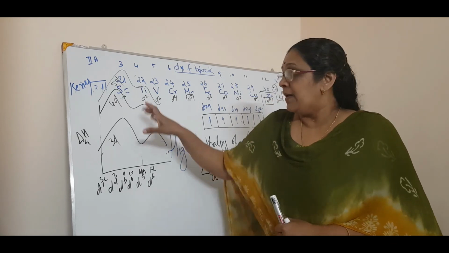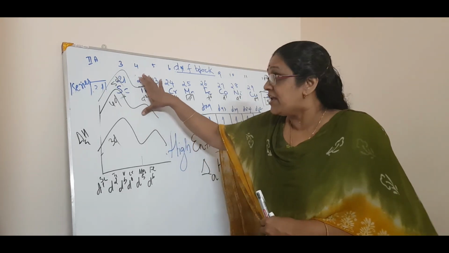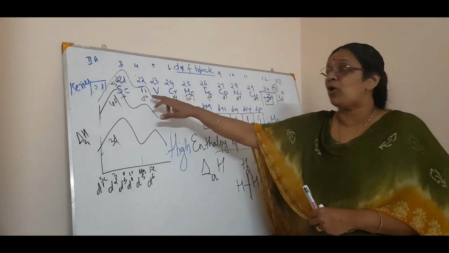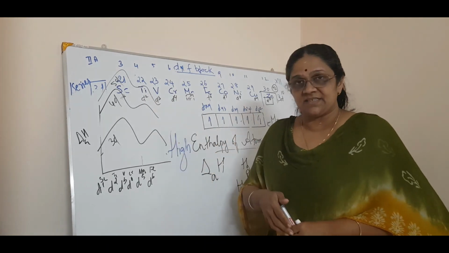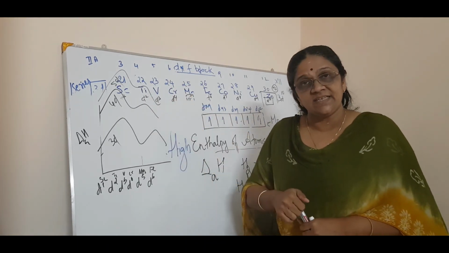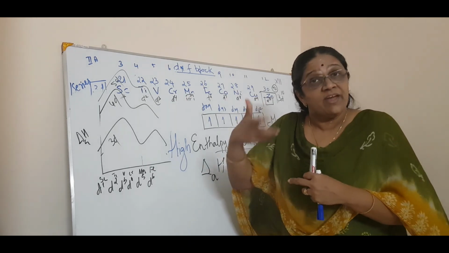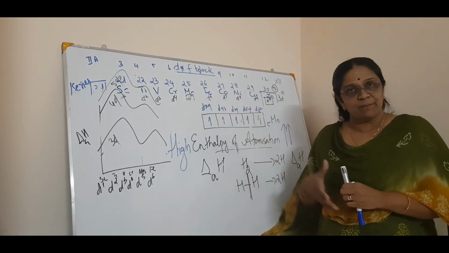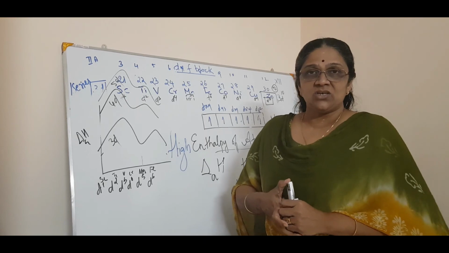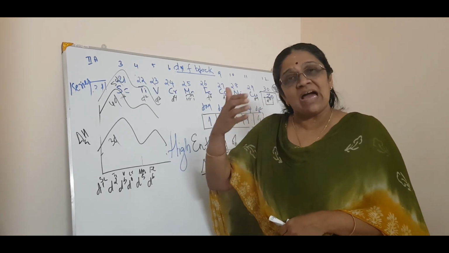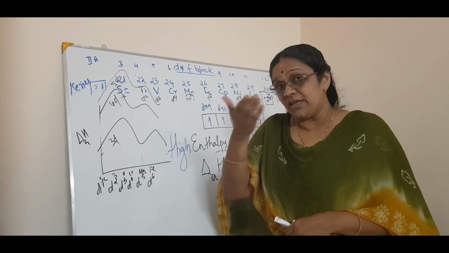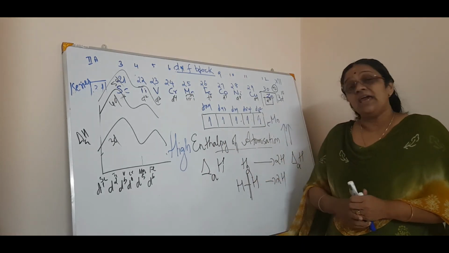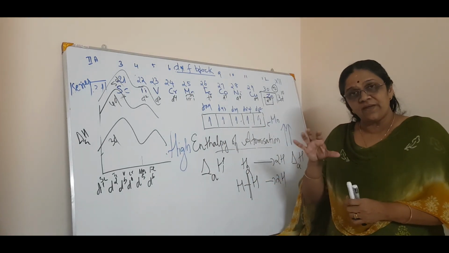So you can say metal-metal bonding in heavier metals is seen more than in the 3d series, like iron, cobalt, nickel, scandium, titanium. In the 4d and 5d series, metal-metal bonding is very familiar. That is where quite often you see metal-metal bonding in heavier metals rather than in the 3d metals. The main point is the same: as the number of valence electrons increases, the interatomic metallic bonding increases, thereby increasing the enthalpy of atomization. So you got that.